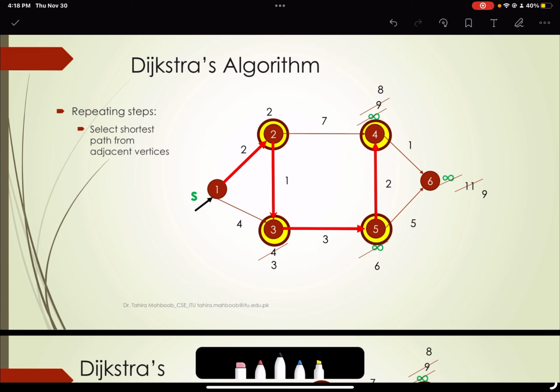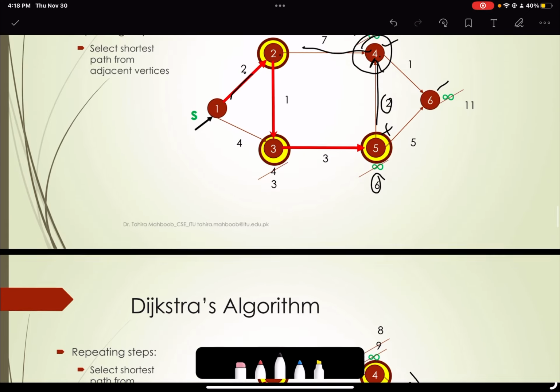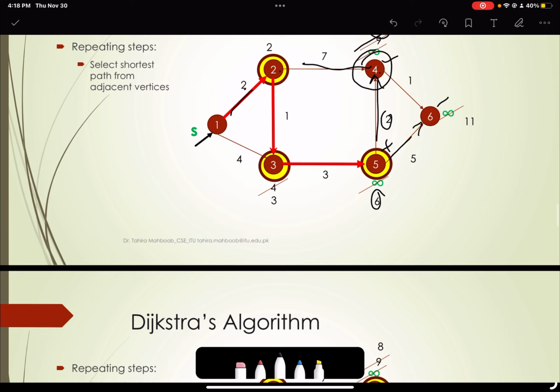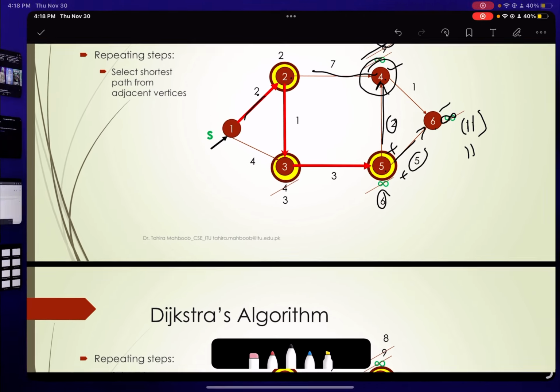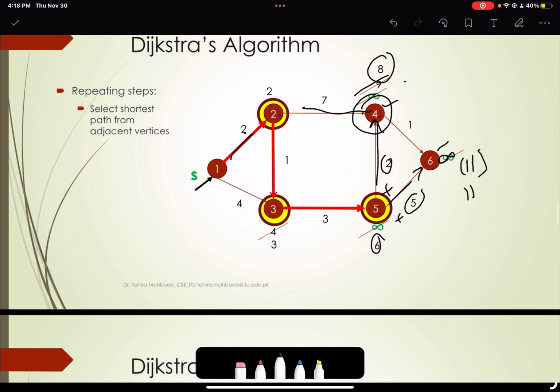So 4 is selected now, and we have only one path that we can move in this direction. So in this case, if we go from 5, 6 plus 5 is 11. Initially it was infinity in the previous stage, and now it has become 11 because we have a path available from going to 5, and among 11 or 8 we have selected 8. So 4 is selected,